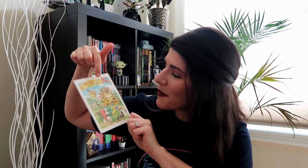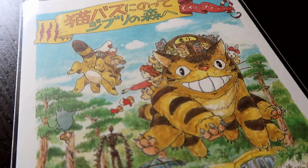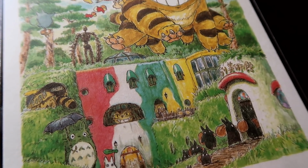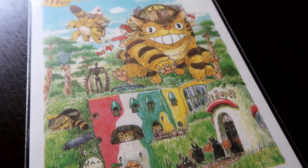I also got this postcard at the museum. It is just so beautiful and whimsical. It's the cat bus, and actually there are two cat buses, and quite a lot of the characters from the different movies. I see some of little Ponyo's sisters over here, and Porco Rosso is in there, so quite a few characters. This cat bus over here is jumping over the museum itself, so I thought this was really lovely. I want to frame this and put it somewhere in the house to always be able to look at